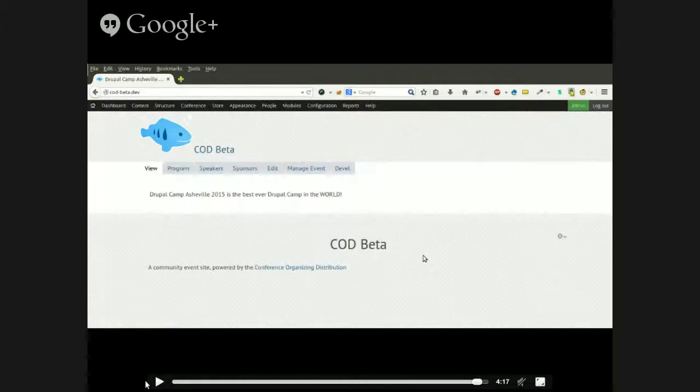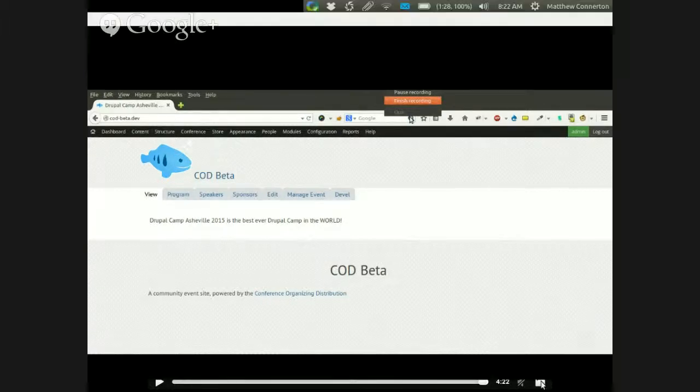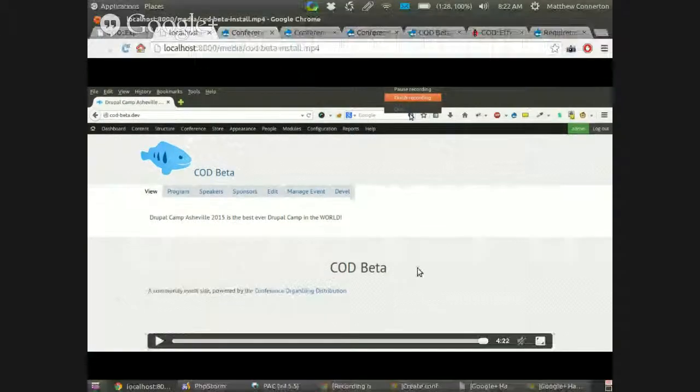And then here's where I land up, on the event page for my first event. We see programs, speakers, sponsors, the COD beta. This is the base theme that was installed with COD out of the box that's based off of Omega 4. So that's installing COD. It's quite easy. You're going to go to